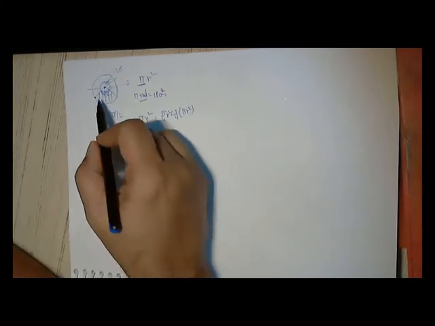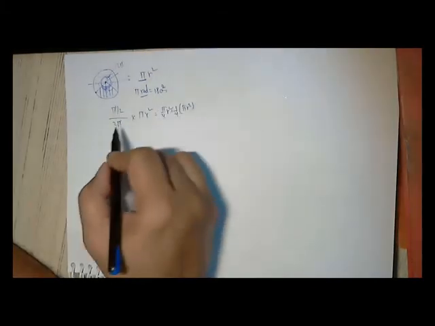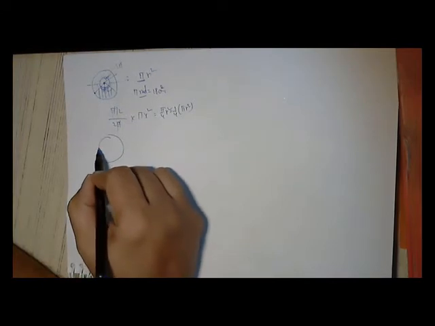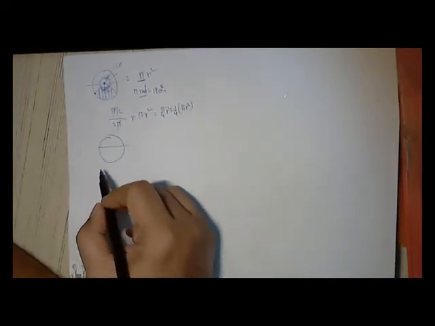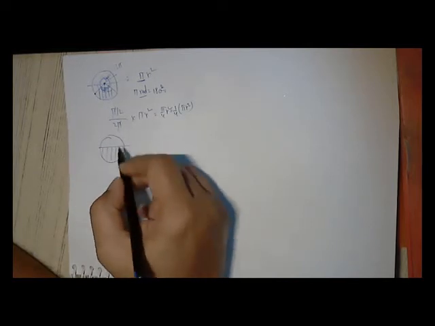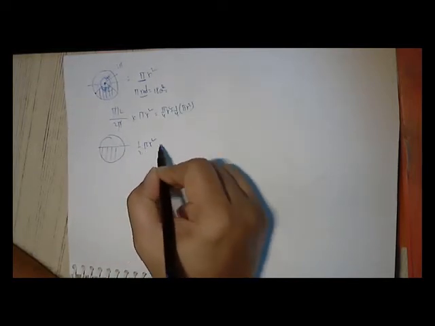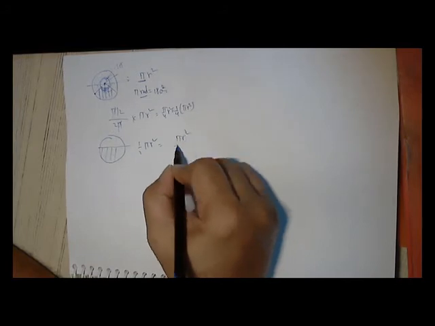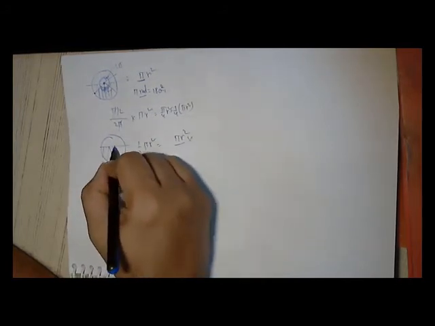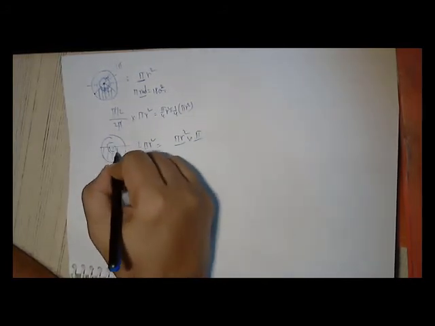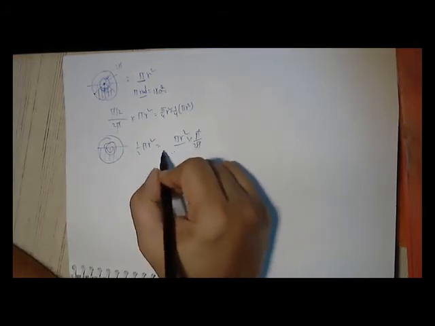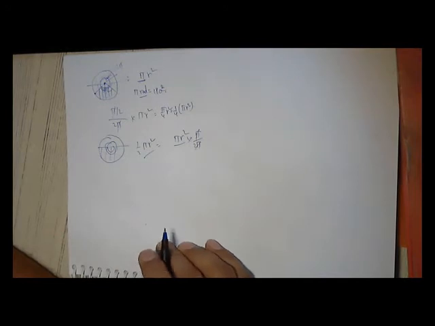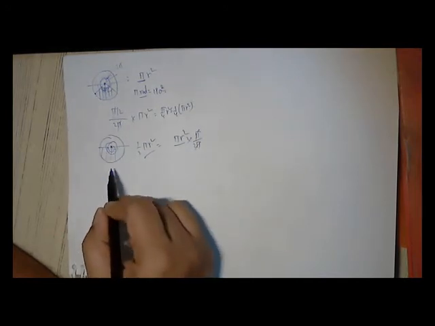This is 1/4 of the circle. Now suppose the second cut here. What is this area? This is half of pi r square. How did we get it? Pi r square is for the entire circle, and this angle is pi, while the total is 2 pi. So this is half pi r square. So this is the area.